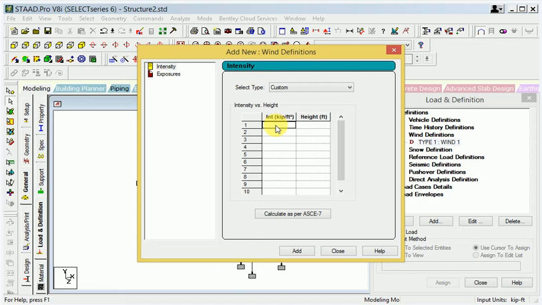Now I start the wind intensity, starting from 1: 2 feet, 2: 4 feet, 3: 6 feet, 4: 8 feet, 5: 10 feet, 6: 12 feet, 7: 15 feet.